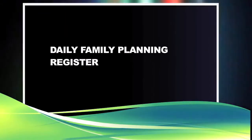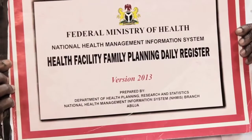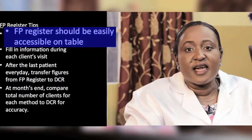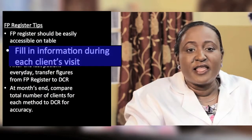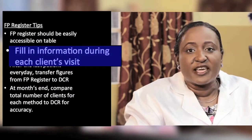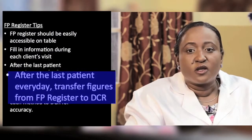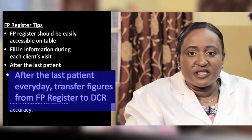Successful CLMS starts with keeping accurate daily records in your daily family planning register. Make sure you always keep your family planning register easily accessible on the table so that you can fill in the information during each client's visit. This will help you ensure that you have all the information you need from your client. At the close of business,